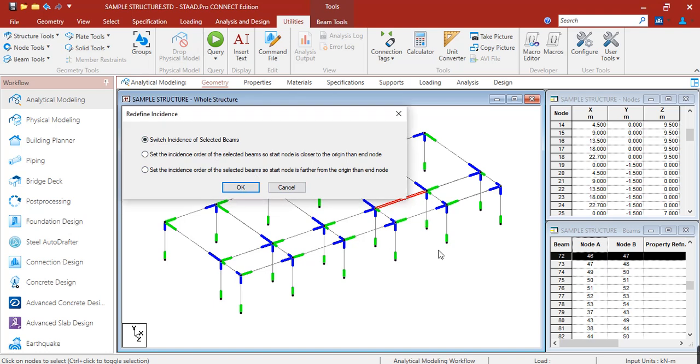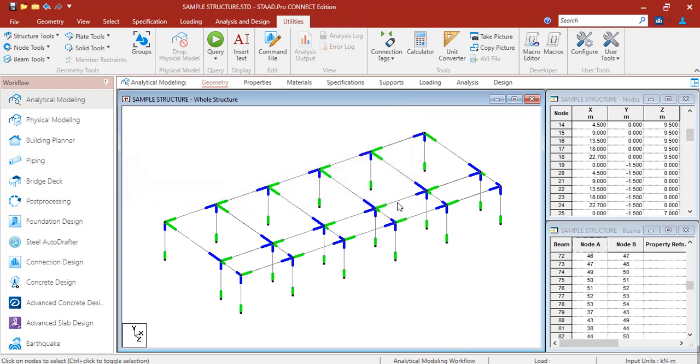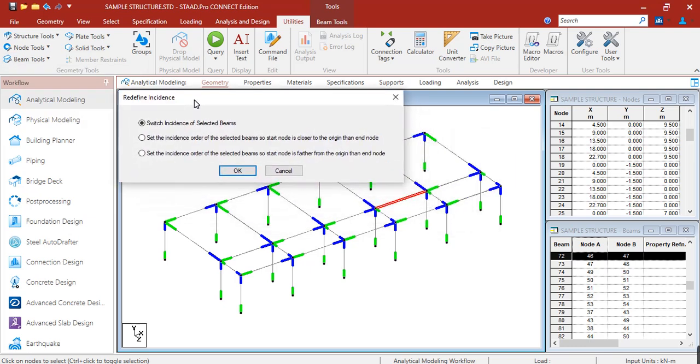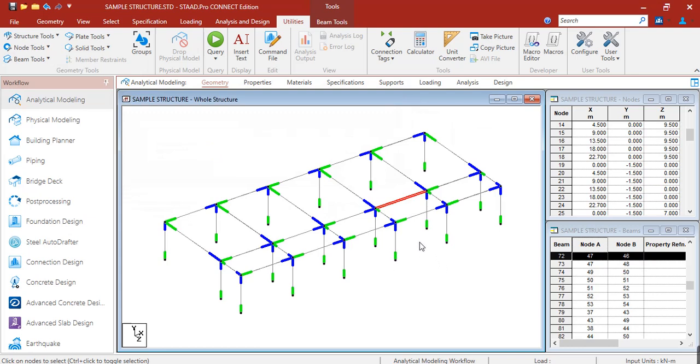Here is beam number 72. This is the start node and this is the end node. If we switch its incidences, beam tool, switch beam incidence, click the first option, then click OK. As we can see, the start node and end node are switched. Now this is the end node and this is the start node. So that's one option to switch your beam incidences.